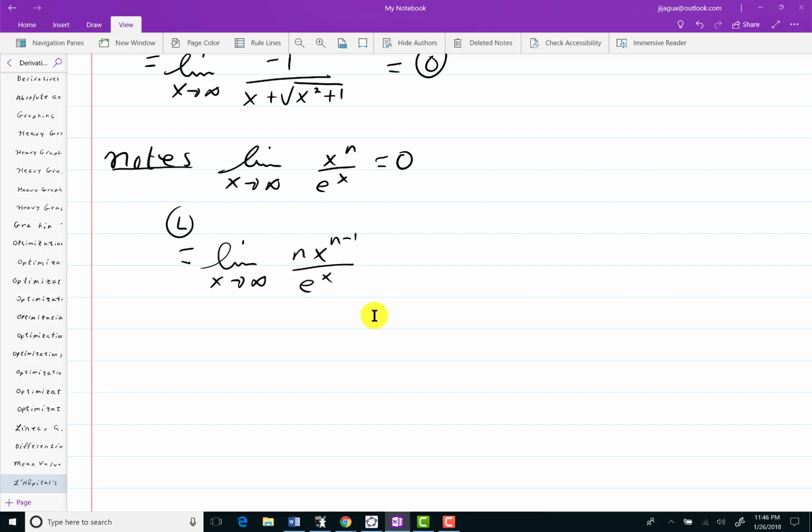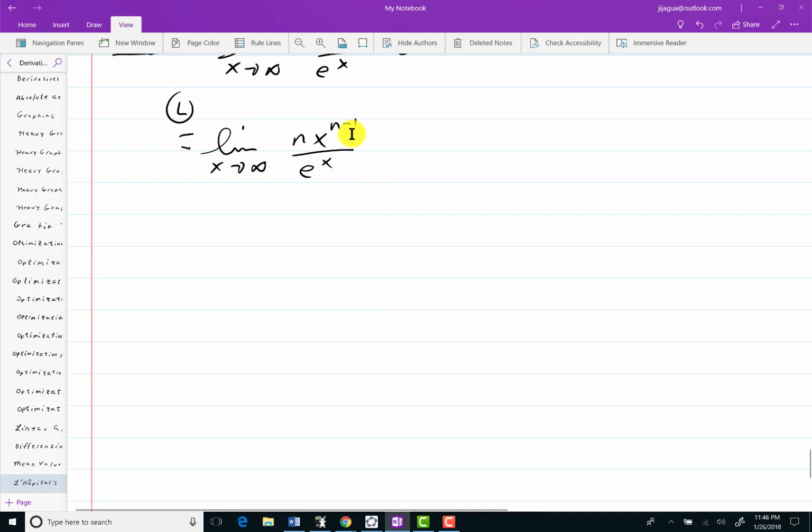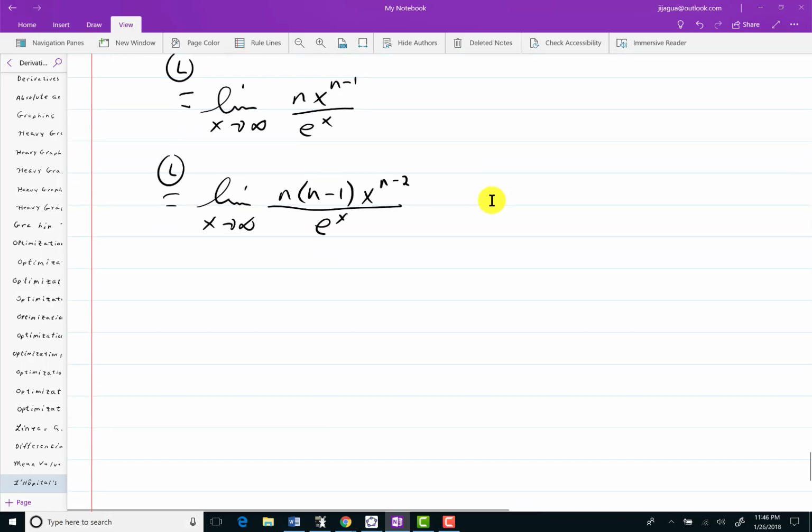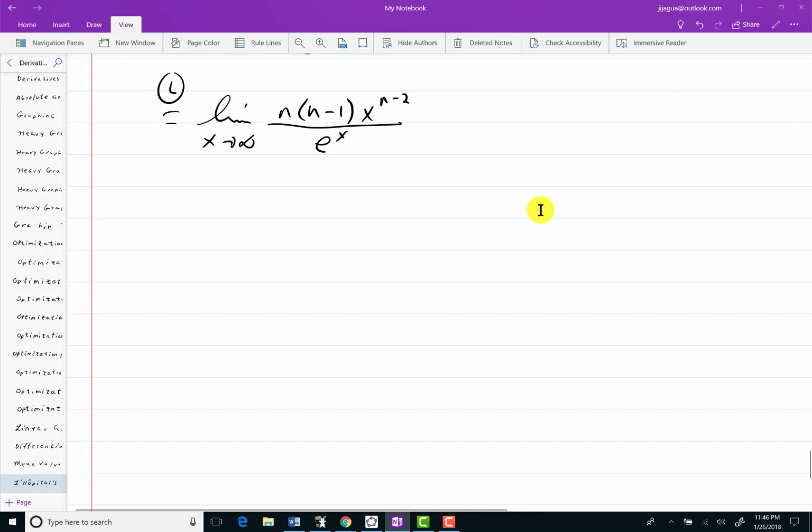e to the x stays the same each time. This is still going to be an infinity over infinity unless I've zeroed out the exponent. So I can do it again: n times n minus 1, x to the n minus 2 over e to the x. And I can keep doing this until I've exhausted the n's. In fact, you can keep going